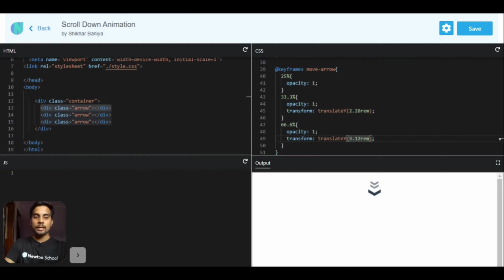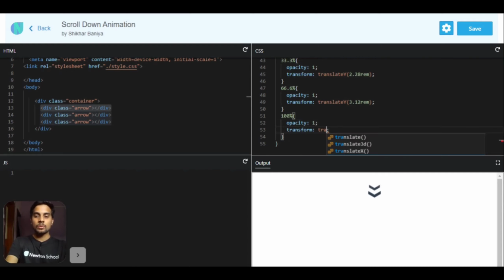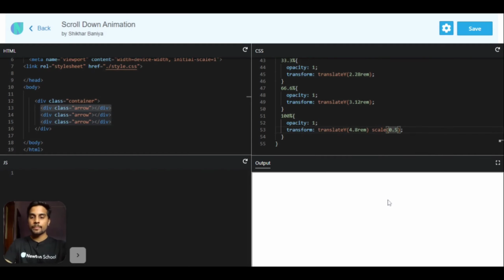So we need to change that. So now at 100%, let's change the opacity to 1 and again translate y 4.8 rem and scale it 0.5. As you can see, it is now scaling to 0.5 and disappearing.